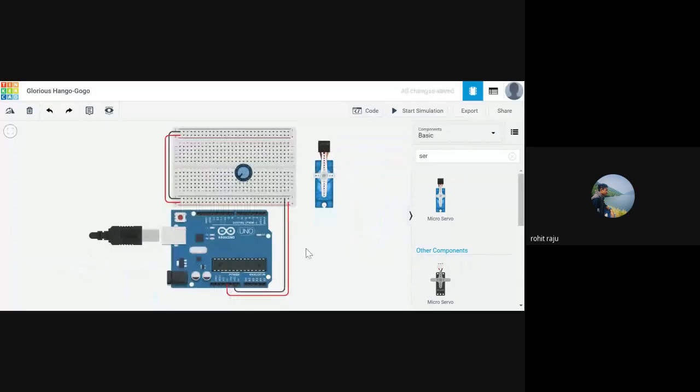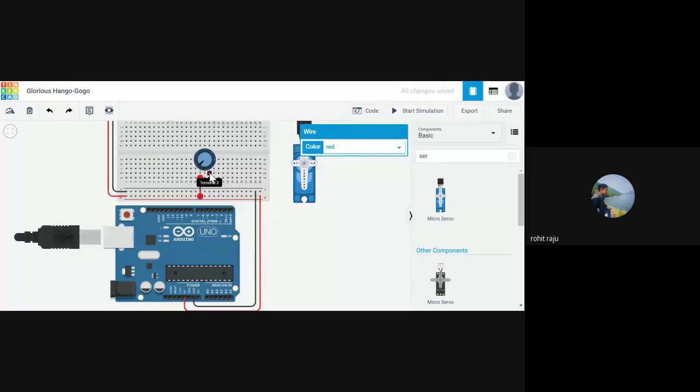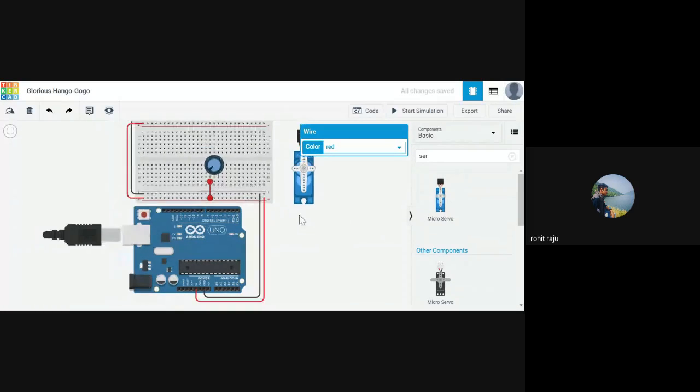So first let's connect our potentiometer. So this is terminal 2. Connect terminal 1 to power. This is power. Let's put it red. Let's connect this terminal to. So this is our important terminal. It's where you will be controlling voltages and you will be controlling the motor. Through this pin itself, you will be providing different analog values. So you will be connecting this to one of the analog pins. So let's connect this directly to analog pin A0.